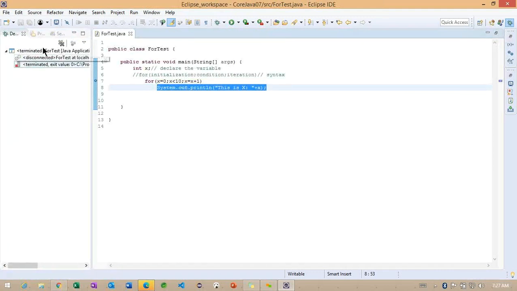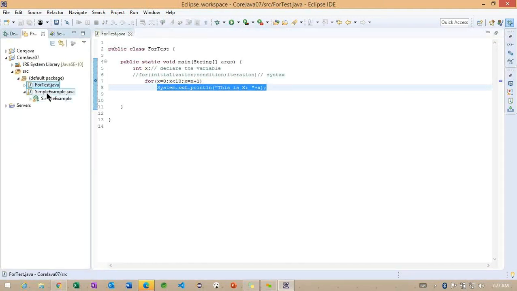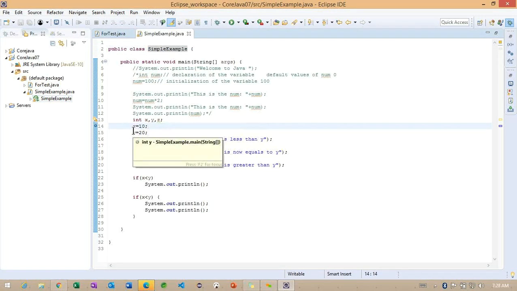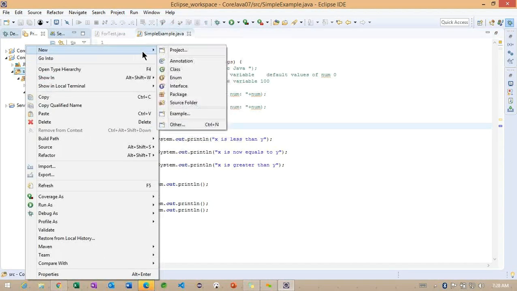We'll go back to our example, what we used in the last class. Okay, simple example. Back to here. Now, what I am doing here, I want to make something here, or we can create one more class. So that is better here.